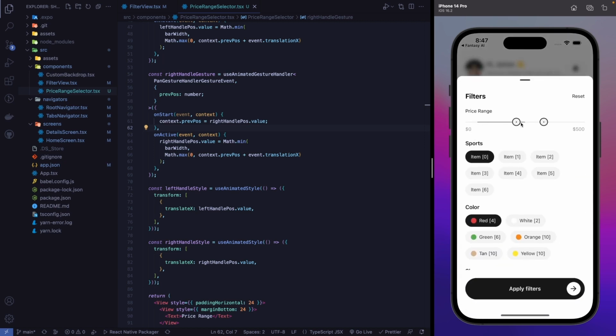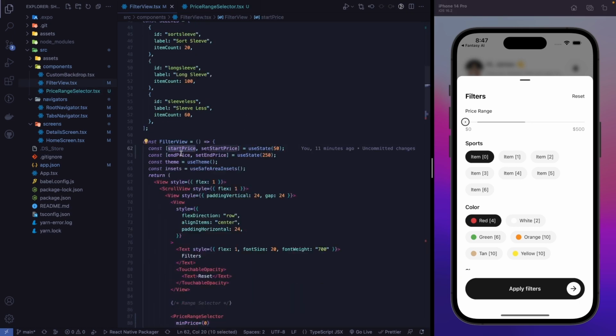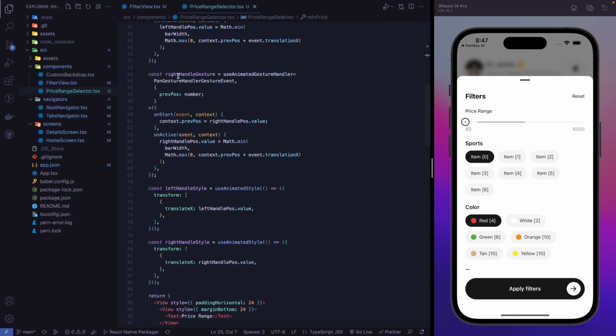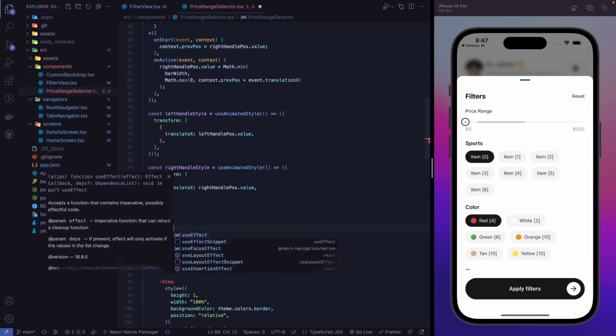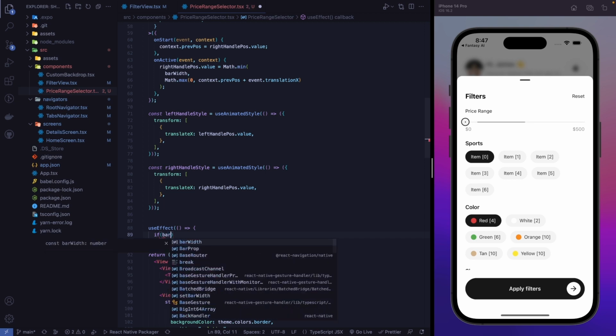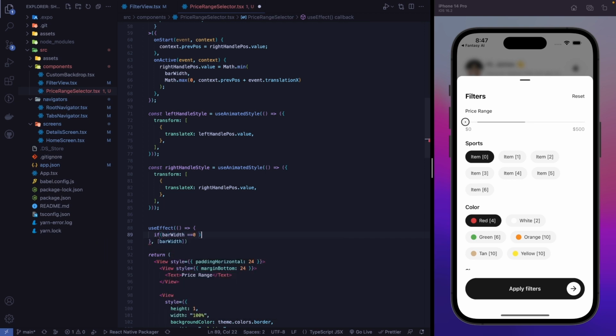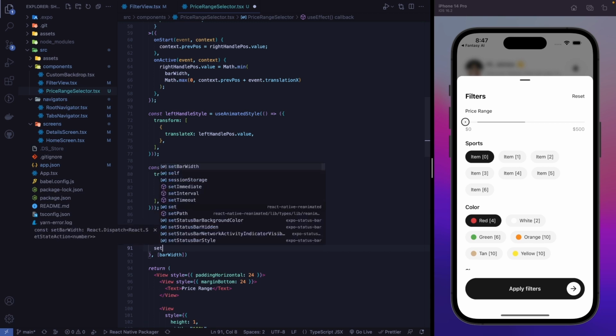As you can see, the two handles start from 0, but we have a minimum value here. We have a start value and an end value, so let's update that using a useEffect, so it will not start from 0. Let's add bar width here. If bar width is 0, we will return from this, we won't do anything. And let's add start